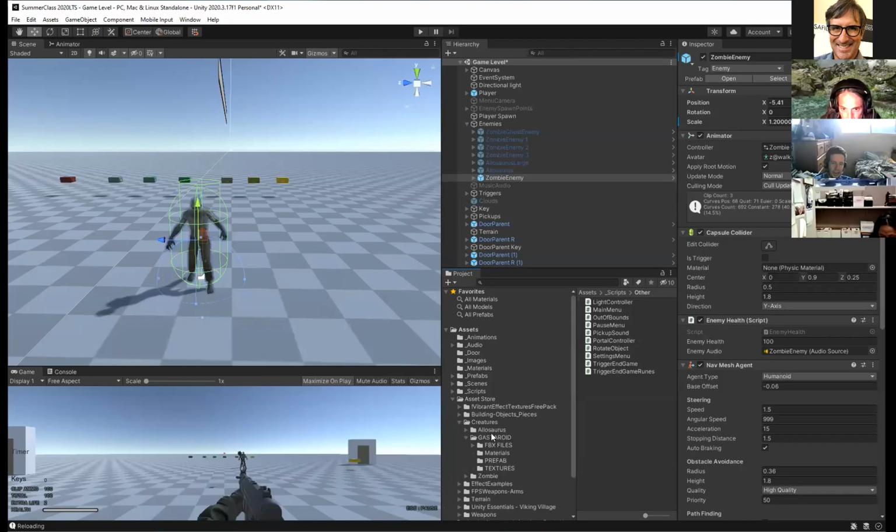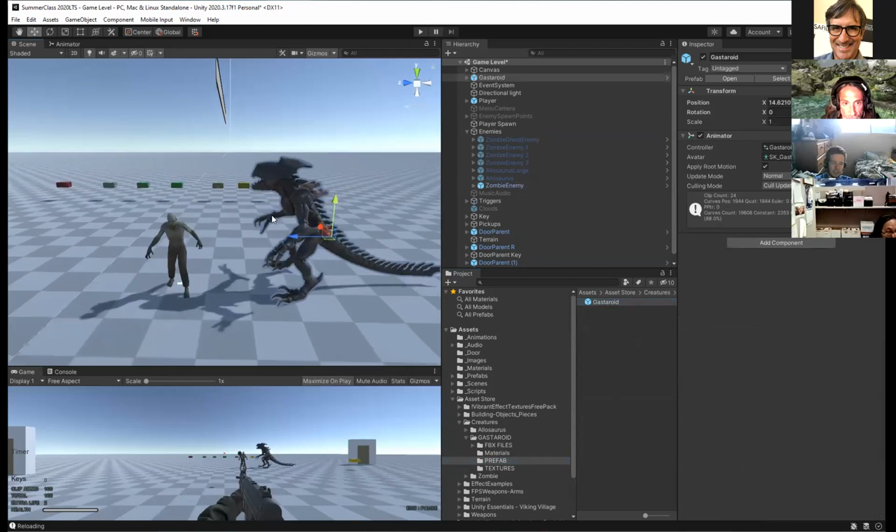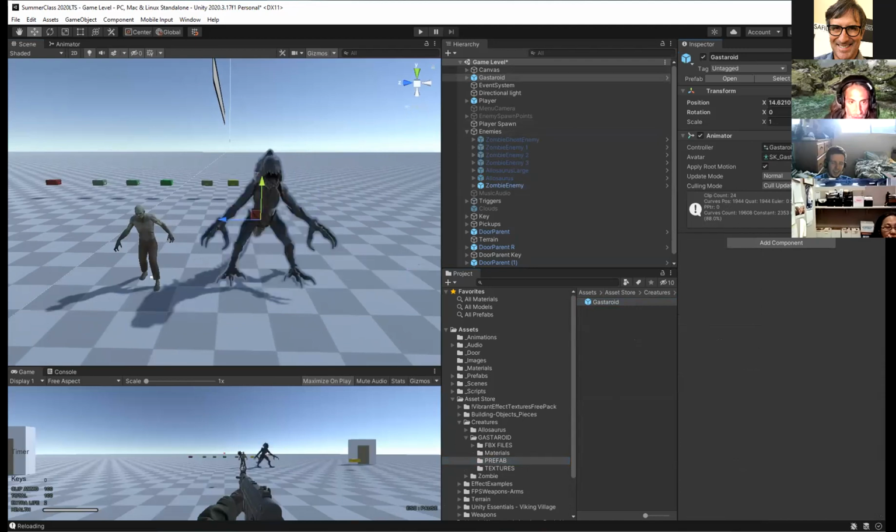Creatures. Okay, so I've got this creature here. Somebody let me know if you want this creature. Okay, the recorder's on. So this is like a xenomorph, like an alien. Let's turn him just so you can see it a little better. If I wanted to set him up as an enemy, I would set him up just like I have